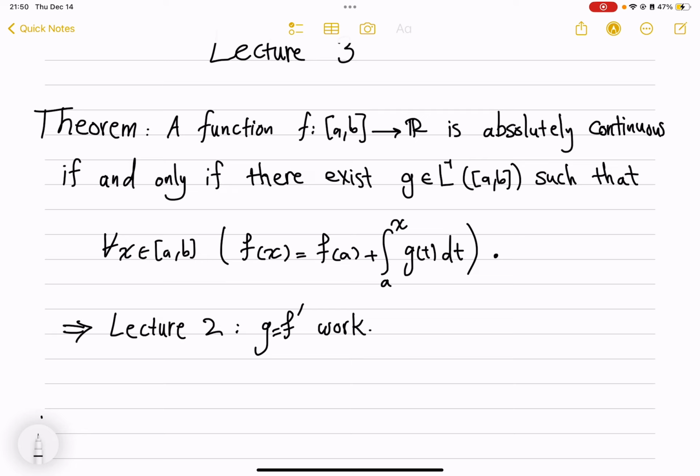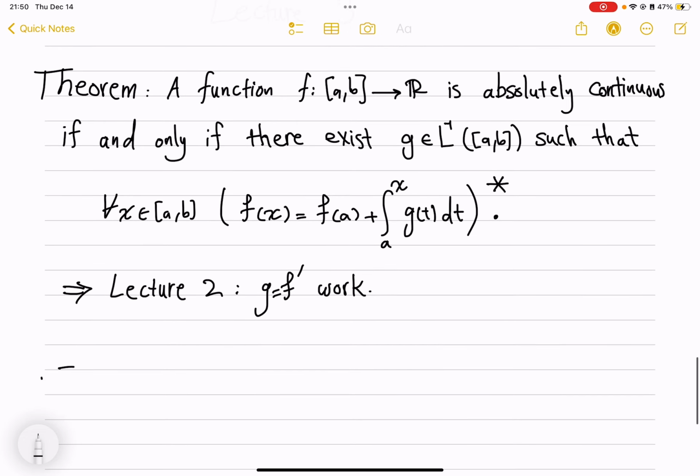So this equality, the fundamental theorem of calculus, will be what we want to start. Here we're looking at the converse, that if you start off with an integrable function,